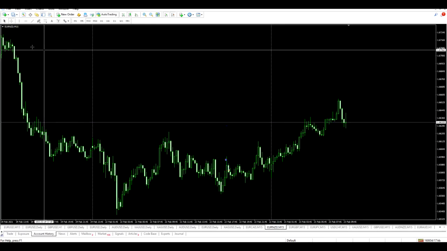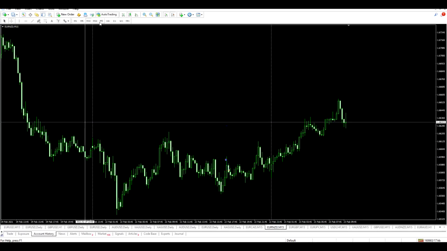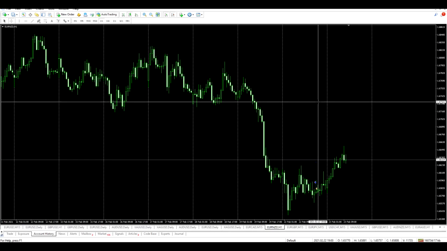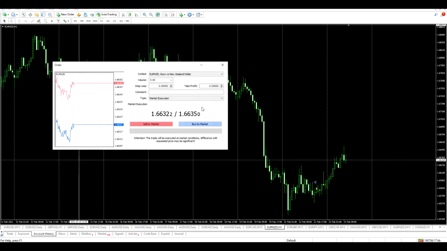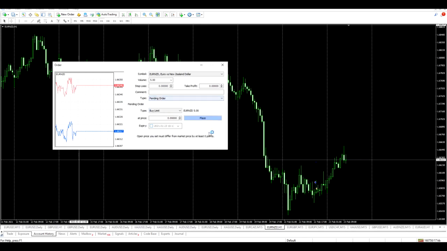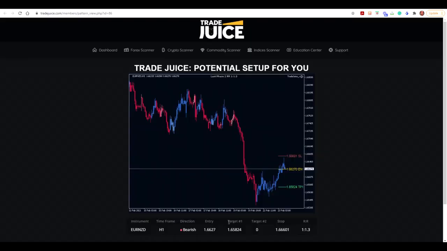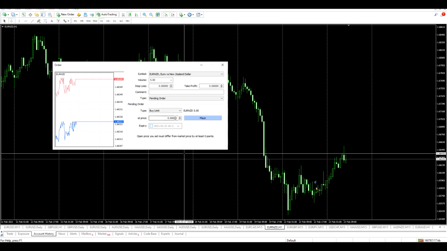What I'm going to do is go to the New Zealand dollar, go to the 1 hour time frame, and enter a new order. Price is not yet at the point of entry, so I'm going to set up a pending order. All I'm going to do is copy the entry and put that in, and we're going bearish, so I'm going to put this in as a sell stop